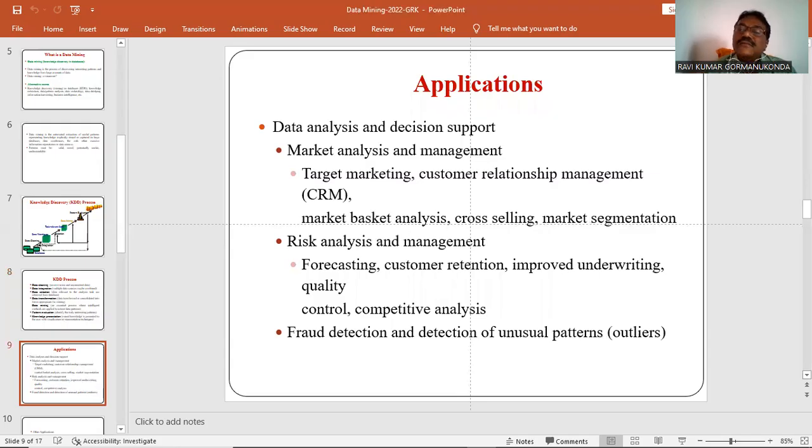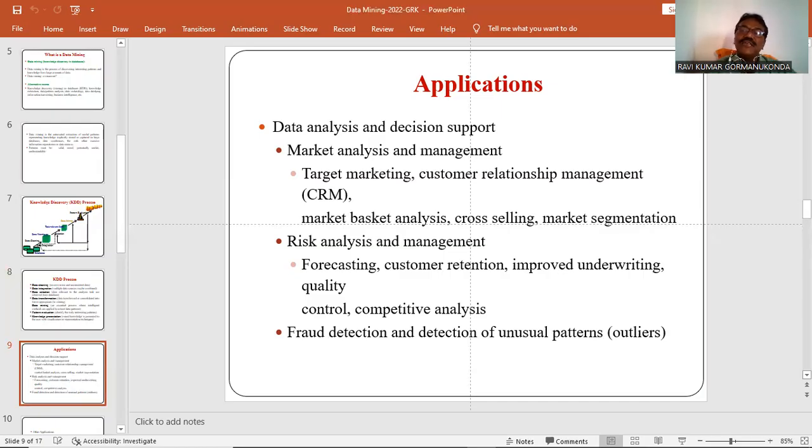And applications. So what are the applications? That's why data mining is an interdisciplinary field. The data mining techniques and functions apply to data analysis and decision support, or marketing analysis and management: target marketing, customer relationship management, market basket analysis, cross-selling, market segmentation.